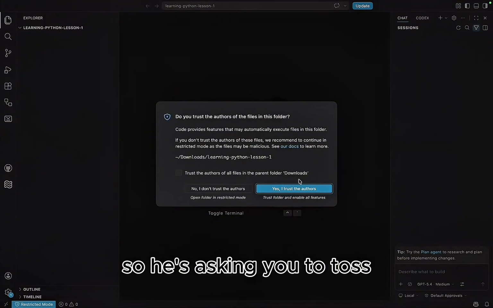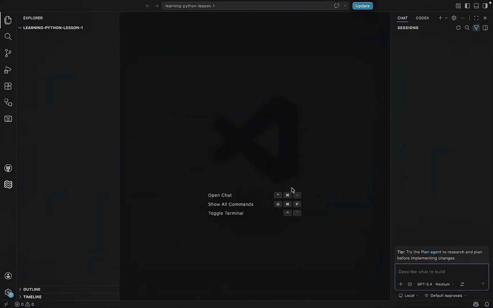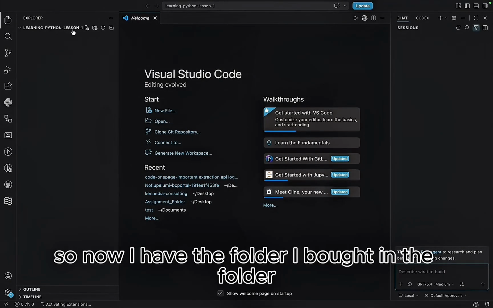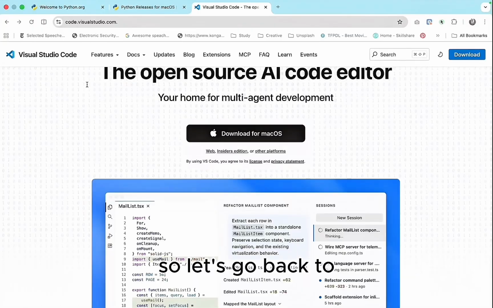So it's asking you to trust. Yes, I trust the author. So now I have the folder, I've brought in the folder. So let's go back to,